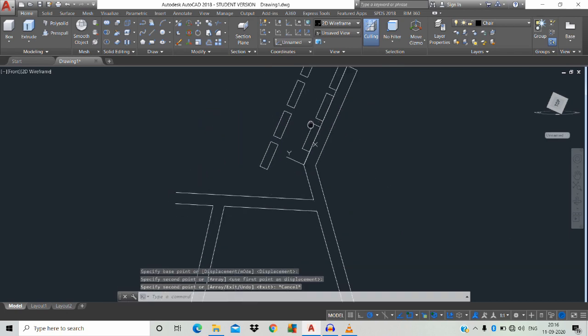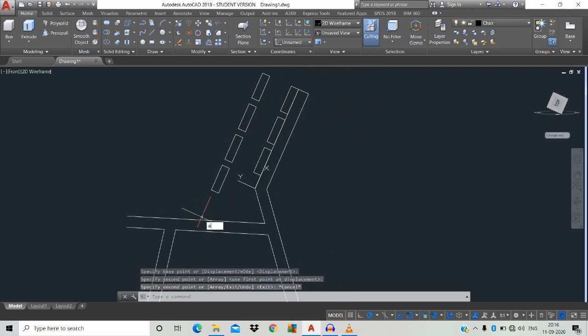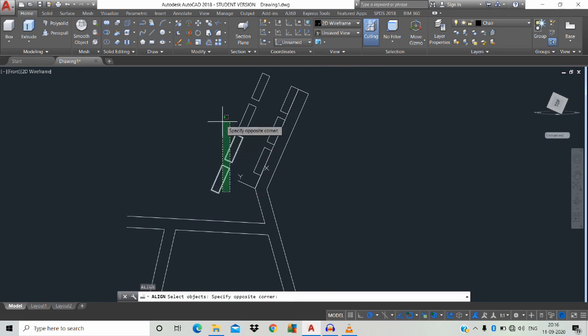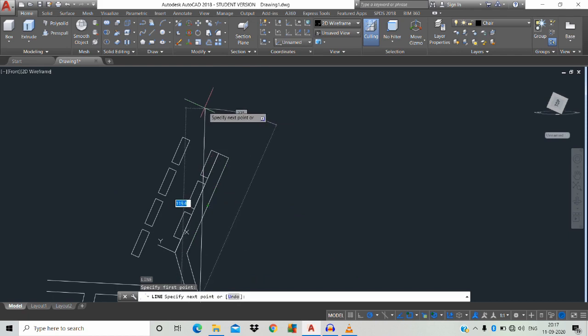Now we're going to align the 4 objects towards here. AL space. Before that we're going to take a reference, L space, move towards here and we will find the object, just press over here.